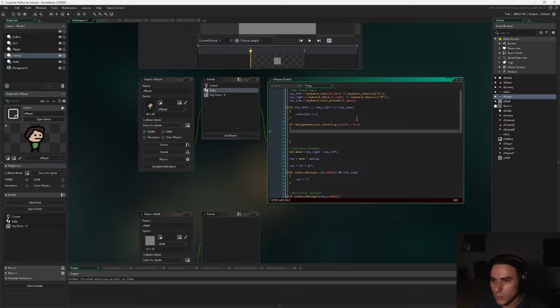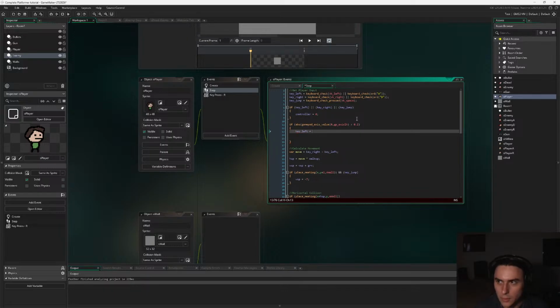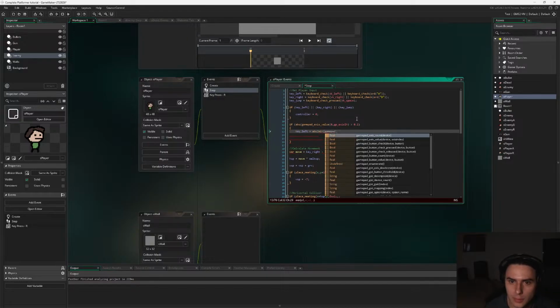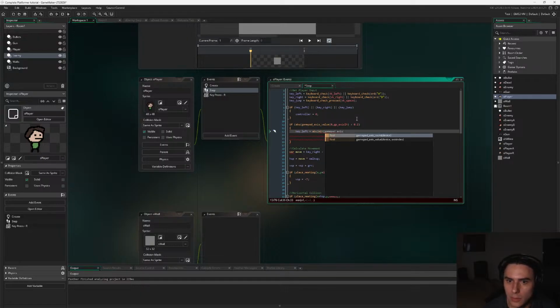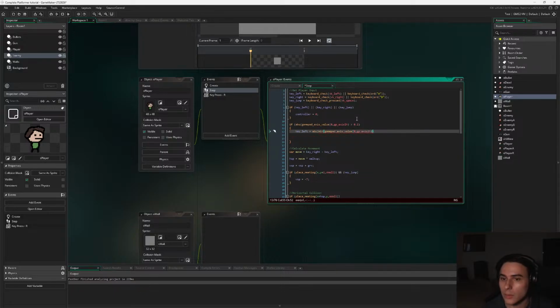So I'm going to type key left equals abs(min(gamepad_axis_value(0, gp_axis_lh), 0)). Okay, and I'm going to write the second line at the same time, and I'll come back and explain them both. Key right equals, and we can skip the abs this time and just write max(gamepad_axis_value(0, gp_axis_lh), 0);